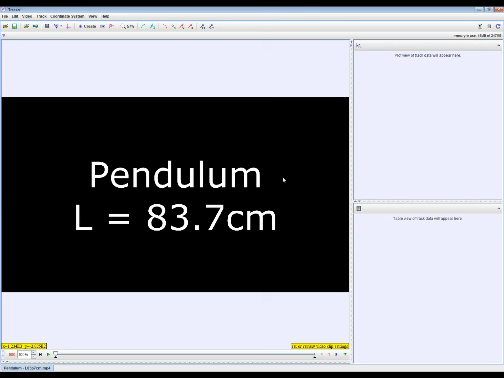Hello, this is a brief video tutorial showing you how to use the tracker application to measure the frequency and period of a pendulum near the surface of the Earth, allowing us to calculate the gravitational acceleration constant. I have several pendulum videos that I have pre-recorded and measured the length of, and this is an 83.7 centimeter